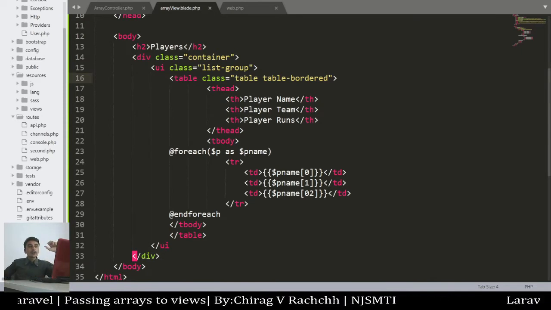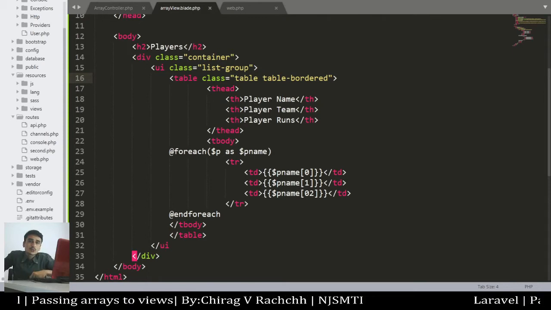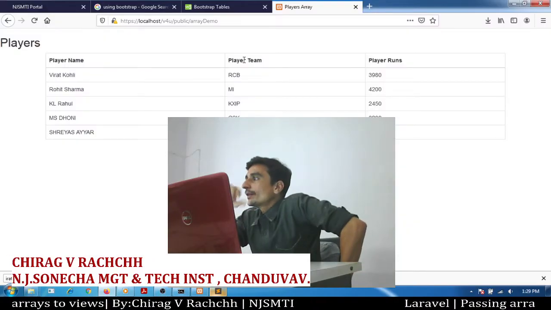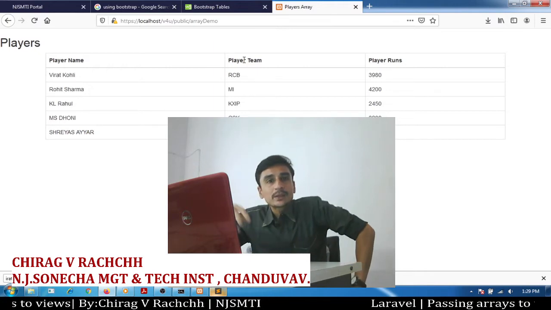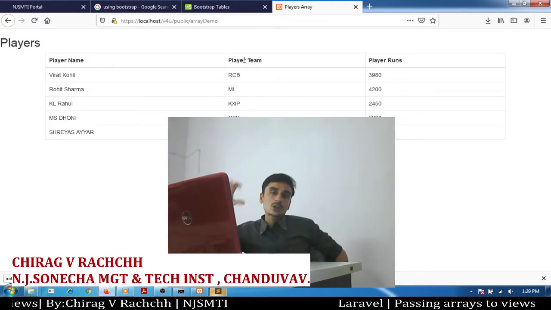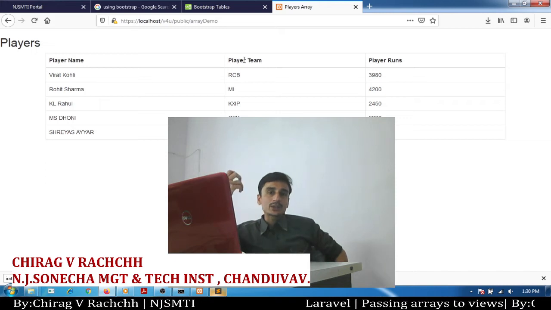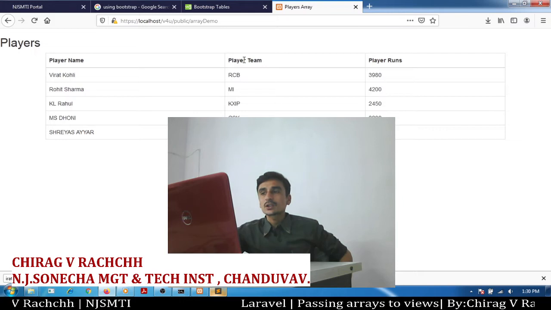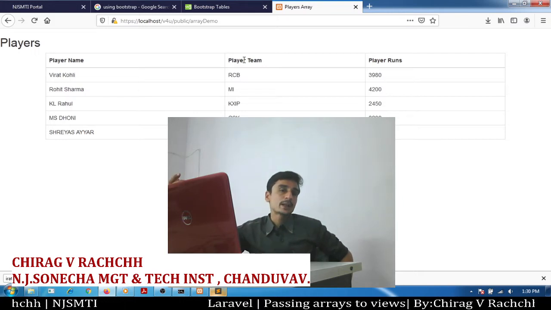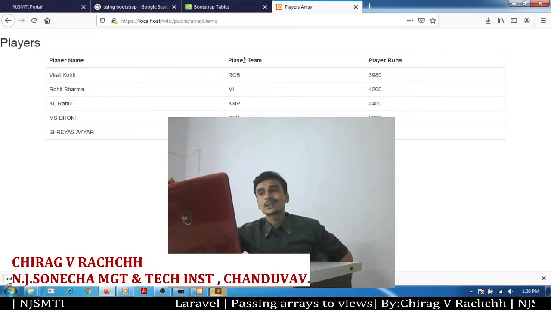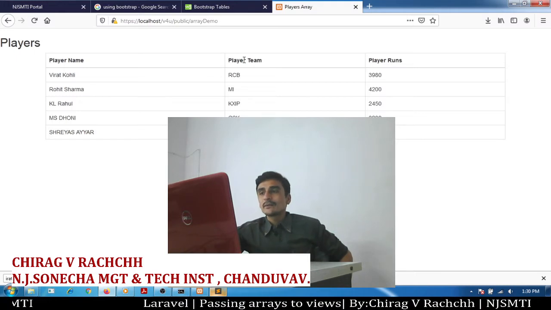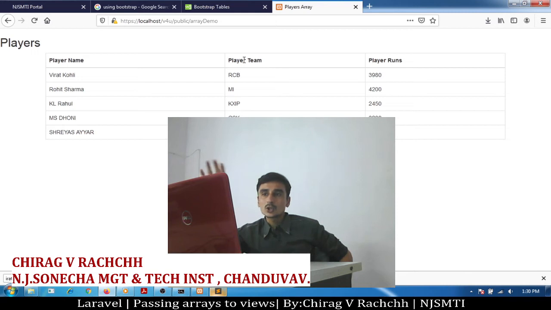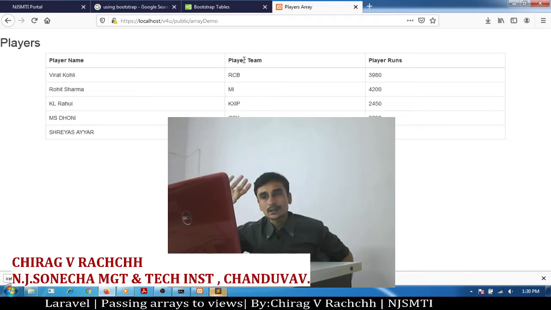Actually, why I am showing this to you is because when we are developing our project and performing CRUD operations, all the records from the table which we will be fetching, we would like to show inside some table. Such structures will be used for displaying records from the table to the client. So it is a simple example. Very similarly, we can fetch data from the database also and show that data inside our table.